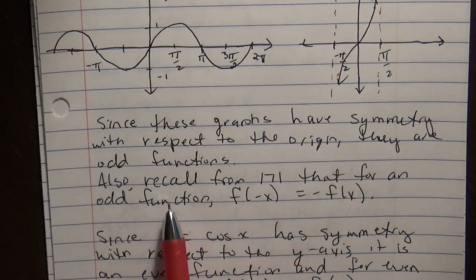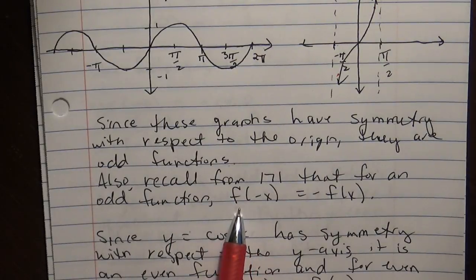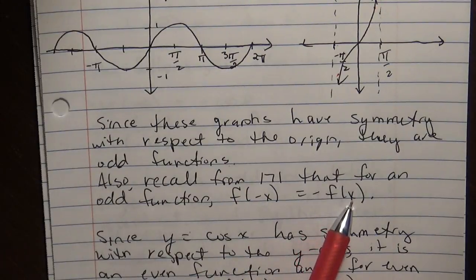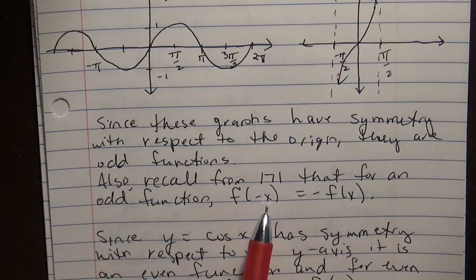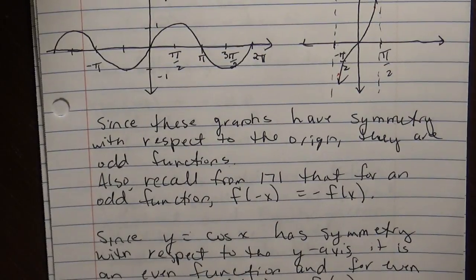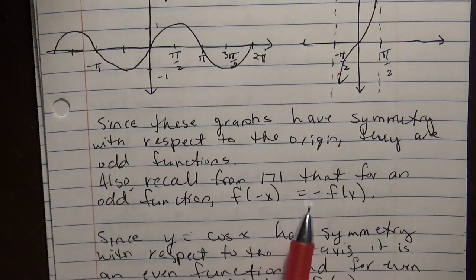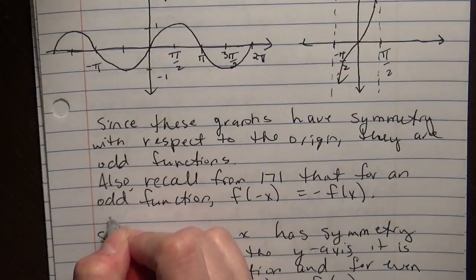Also, we know from Math 171 that the definition of an odd function is f of negative x equals negative f of x. What does that mean? That's saying that if you put a negative value into an odd function in place of the original x, so if you replace the original x with a negative x, it's going to make the entire function negative. This is just to help us understand what we're getting ready to talk about. Because of this, you end up with the following identities: